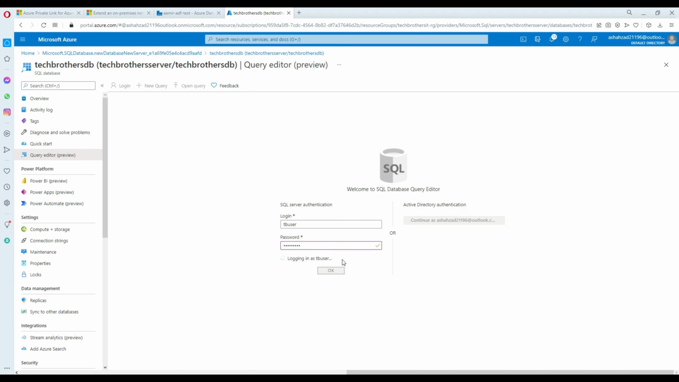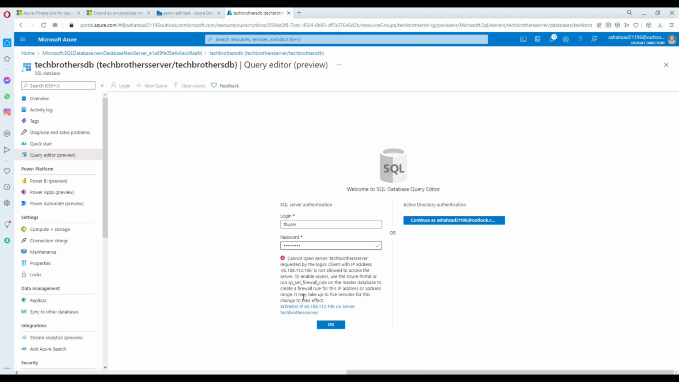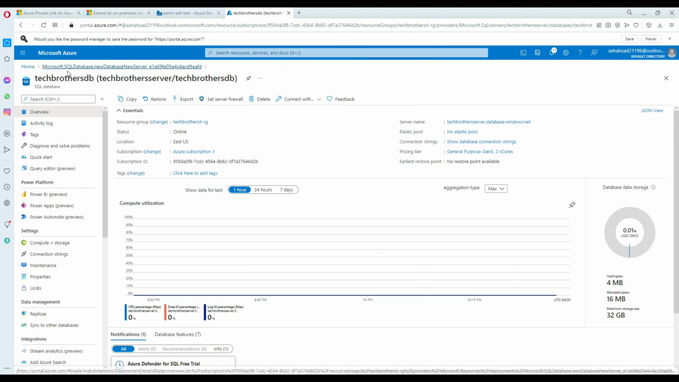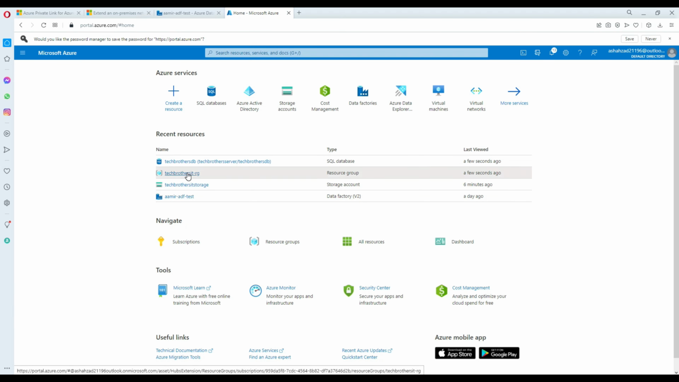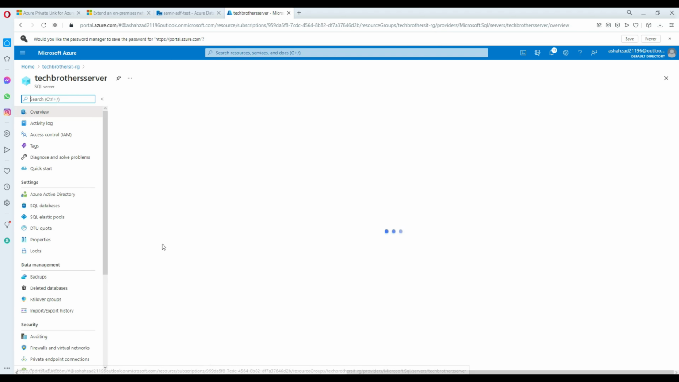Now once we log into the database, okay, this IP needs to be allowed to access it. In this case, I'm not going to worry too much about security. I'm going to click here, and then go to the home page. Here is my resource group, and here is my server. So I'm going to go to the server,